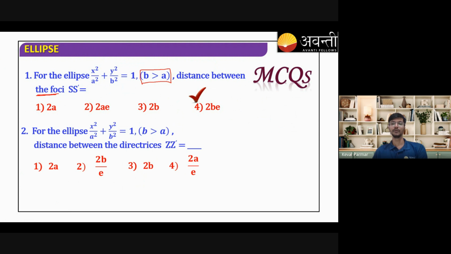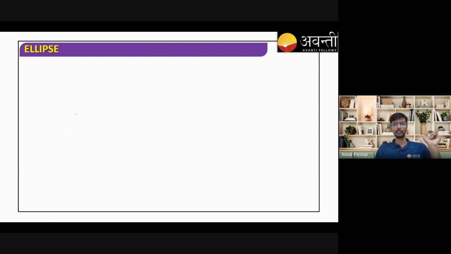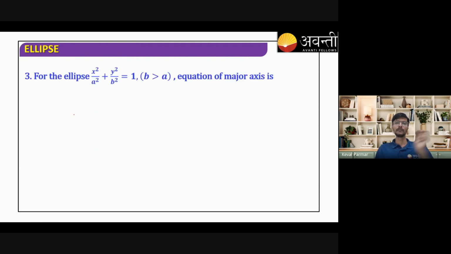No. What were the two? 2b by E. Superb. It is 2b by E. Very good. Because in the first case it was 2a by B. Just replace A with B. Got it? Chalo. For the ellipse, the major axis is